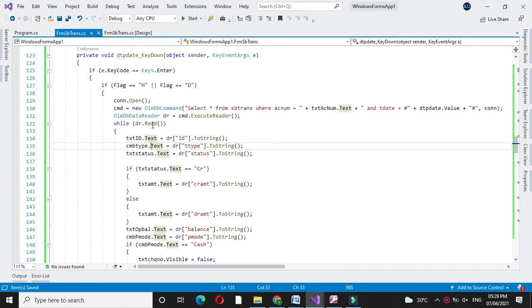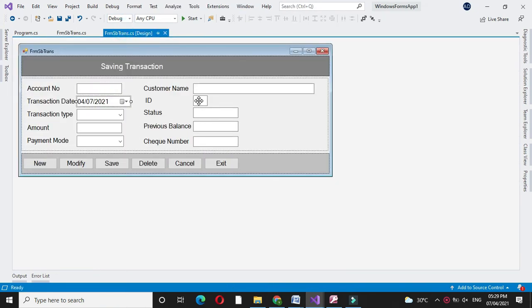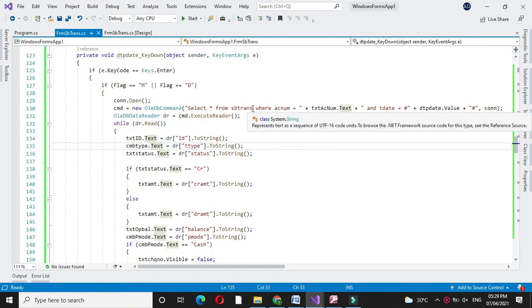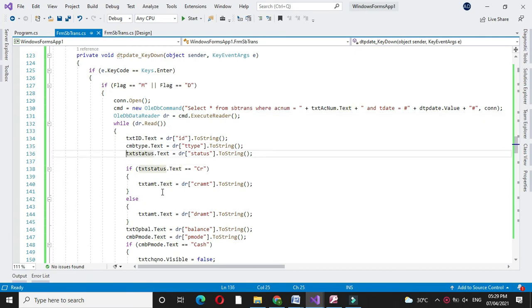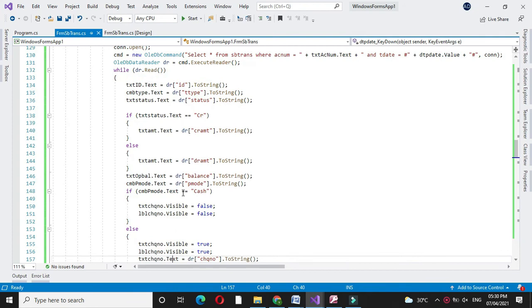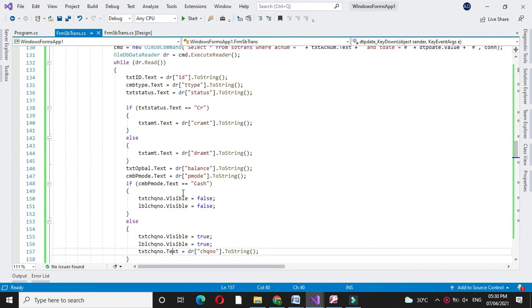Since the primary key is ID, I have added this ID field in which we will get the SBtrans ID field. Then according to status, I will get the credit amount or debit amount into our text box, and according to the payment mode, if it is cash, we will set the check number to visible false, else we will set the check number to visible true and assign the check number to the text box.